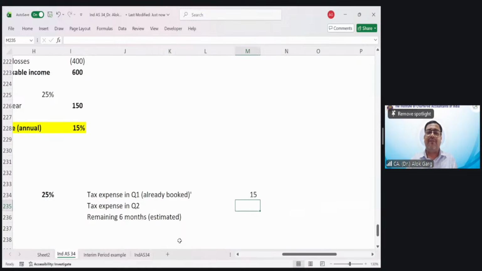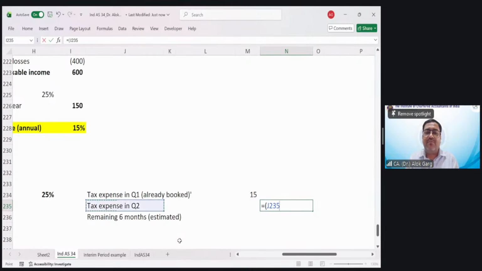My dear friends, what will be the tax expense in quarter two? First of all, when I'm closing my quarter two, I'm closing my YTD September also. 6 months ended September also. Yes or no? When I'm closing Q2, it's not only Q2, it's half year. Yes. So what is my expense in the half year going by the weighted average annual tax